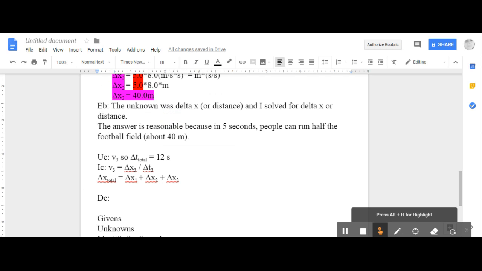So I'm going to go ahead and solve this part for delta x3. I'm going to isolate delta x3, get it by itself. So I have x total equals x1 plus x2 plus x3. So to undo adding these, x1 and x2, I'm going to subtract x1 and x2 from both sides. Right, so